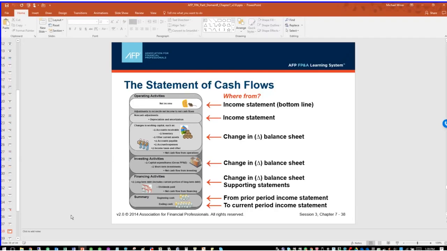So in the end, what we're going to look at next, roughly over the next 20 minutes or so, is how the statement of cash flows acts to tie together the income statement and the balance sheet. All right. So first, let's go through the pieces of the cash flow statement, and then we'll look at how it ties them together. There are two. Wait, let me see. Did I skip a slide?